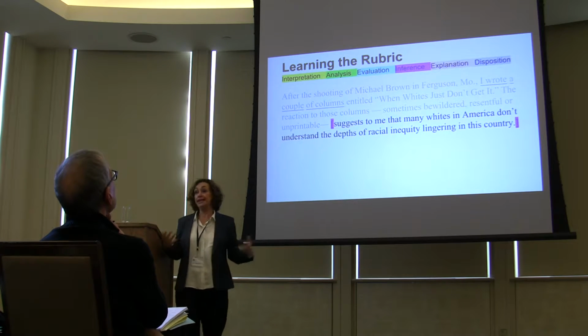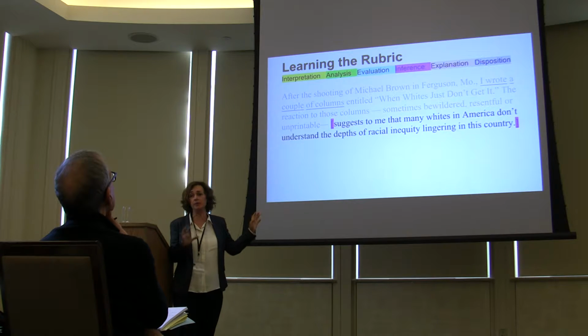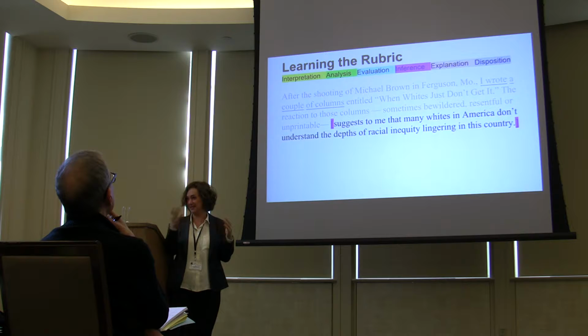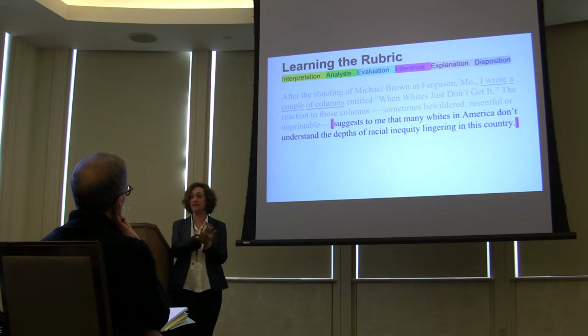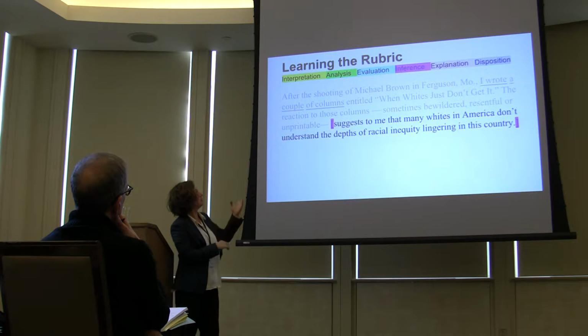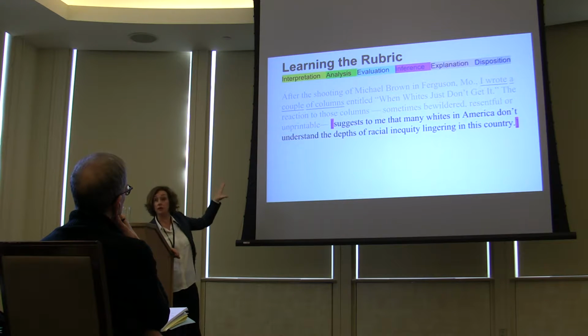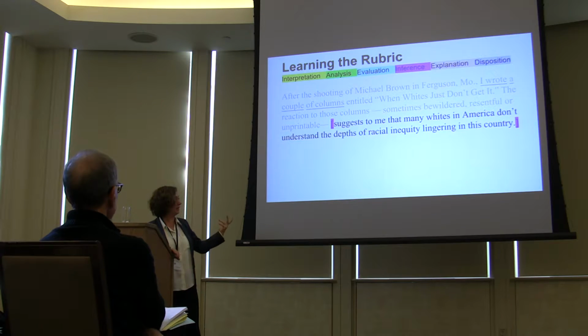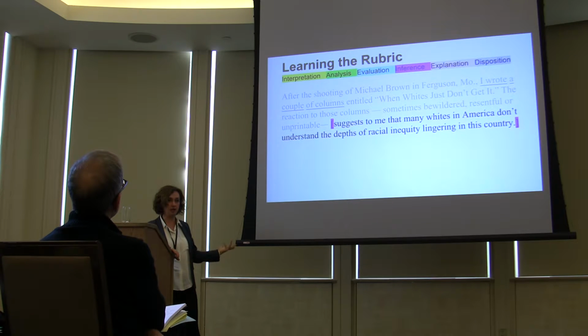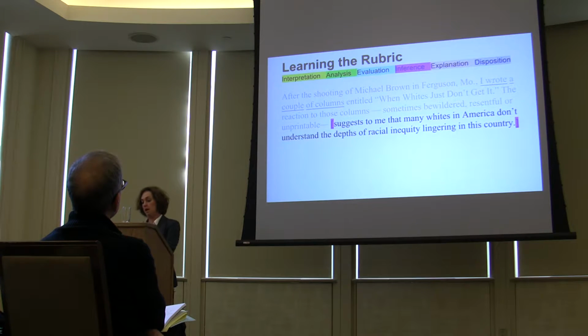So we thought it was a clear example of inference, and we went back and forth a lot, because they are not clear cut and they overlap. But the language suggests to me, and from what went on in Ferguson, I conclude that there is still a lot of racism in this country, right? So he inferred based on the situation. And the last one,